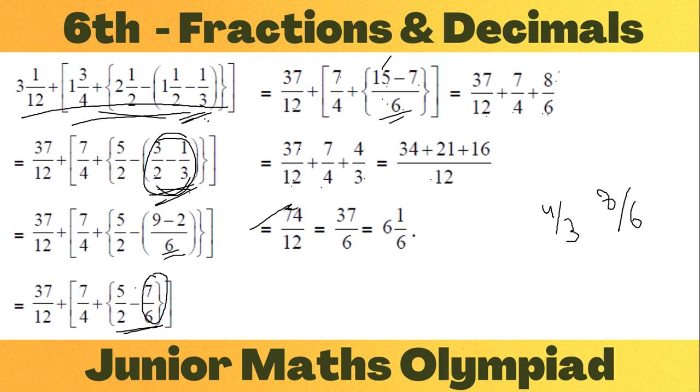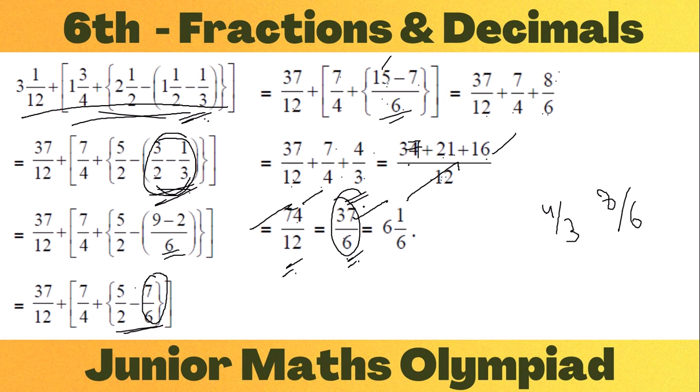1 into 37, 37. 4, 3 times 12. 3 into 7, 21. 3, 4 times 12. 4 into 4, 16. Now 37 plus 21 plus 16, how much? 74 by 12. 2 37 times, 2 6 times. We can write it as 37 by 6, which is